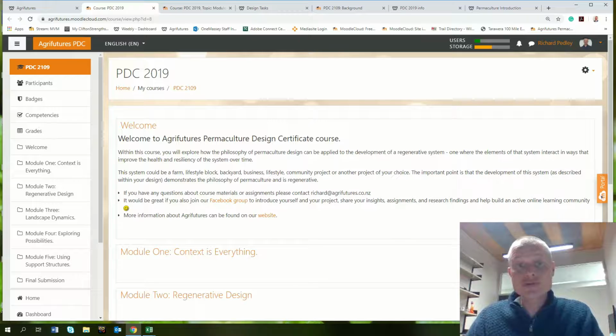it will take you through to the Moodle platform, which acts as the learning platform for the course, holds all the different front pages for the different topics, and also where you submit all your tasks, including the final design report. So when you are taken through to it, the first module is a welcome, and in the welcome module